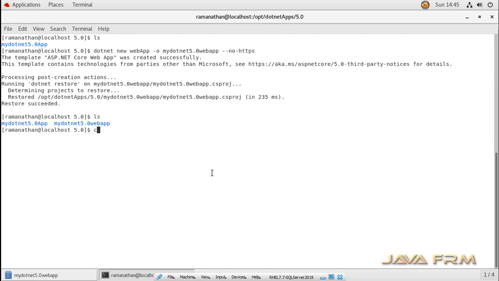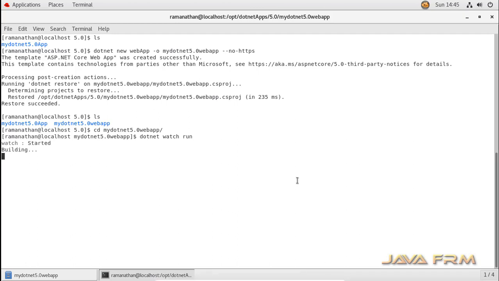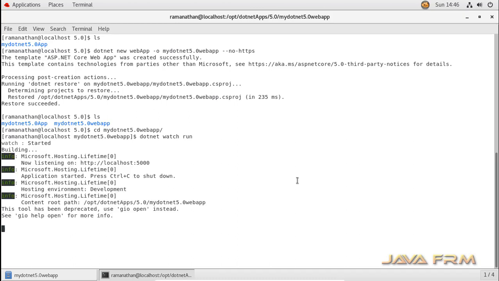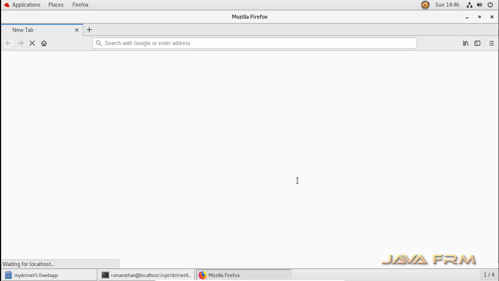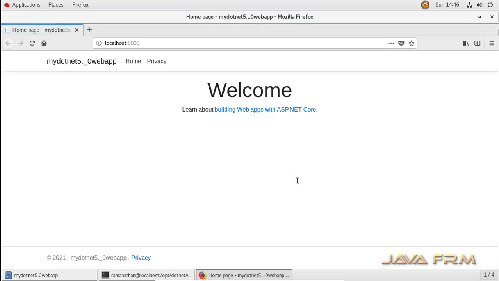Now we are going to run this ASP.NET 5.0 web application. Go into that web app directory and just type dotnet watch run. This will start the inbuilt web server on .NET 5.0, and it will deploy your application automatically, and the web browser will also start automatically. Your application will be running on localhost port 5000.